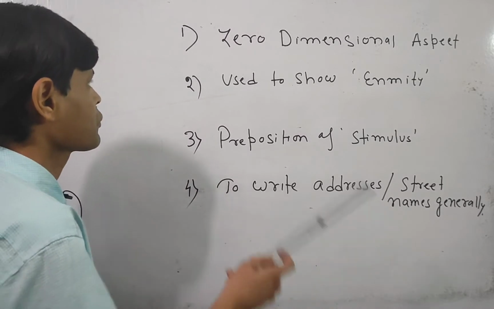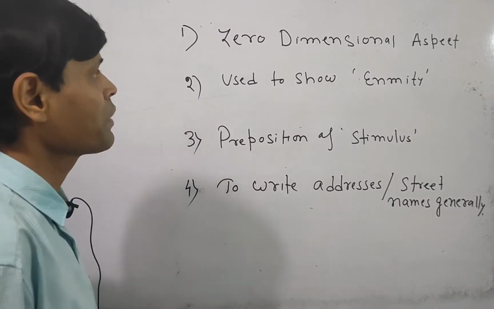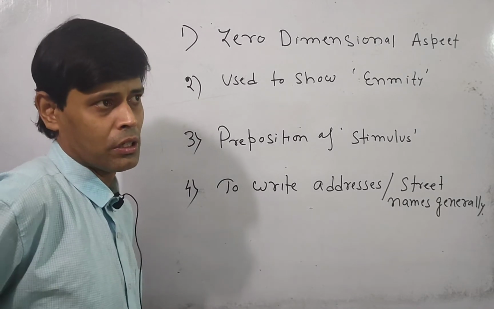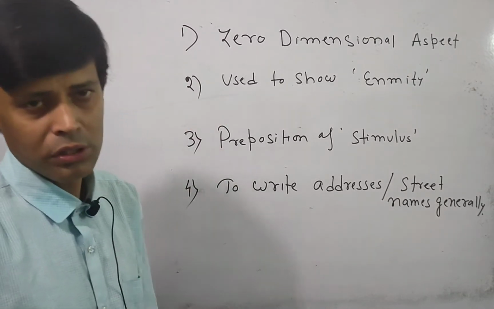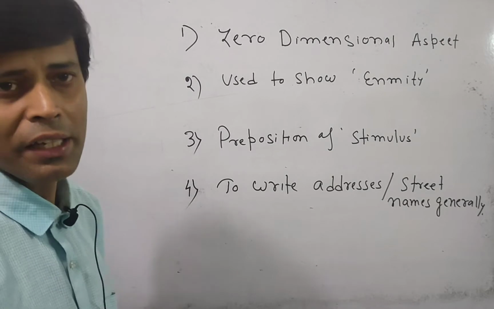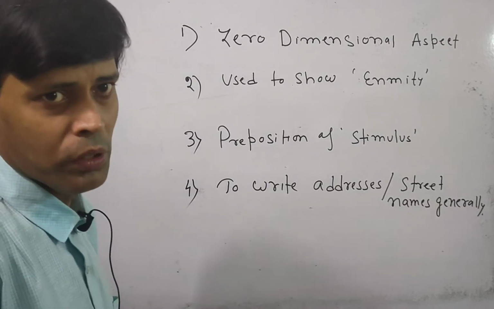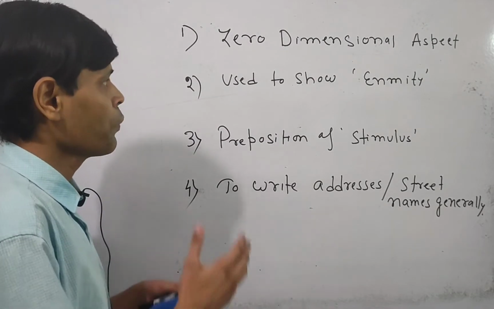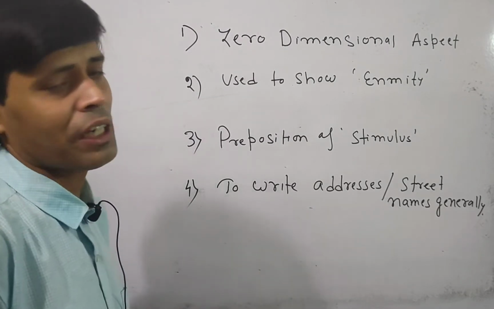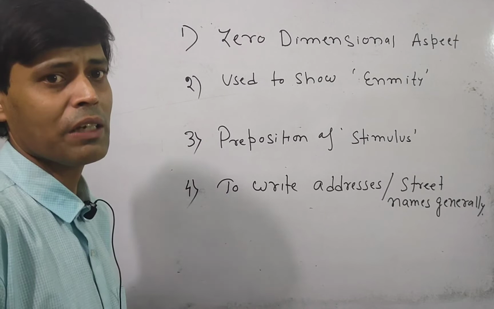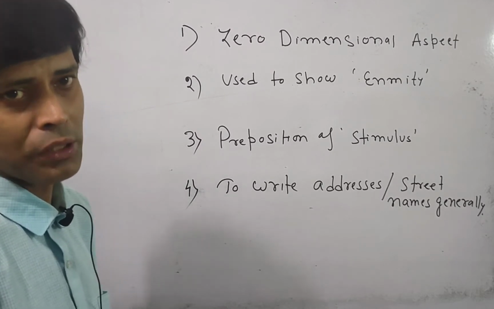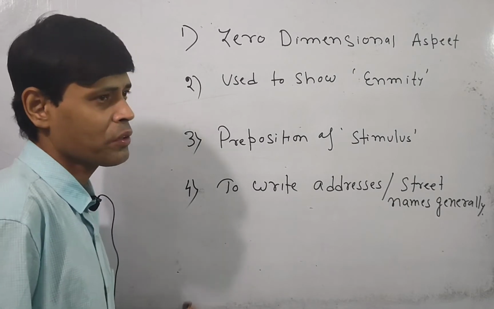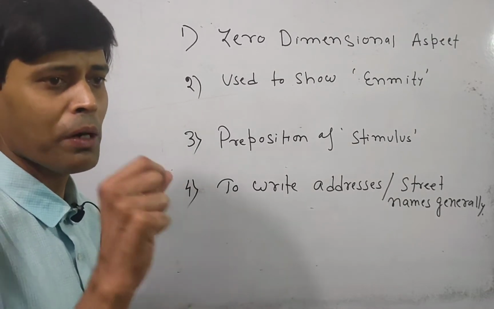Now the first one is the zero-dimensional aspect. Now what is called dimension? There are 3 dimensions: length, breadth, height or volume. Now we are talking about the zero-dimensional aspect. That means we are not giving any dimension to the object. So what is that? Whenever we think of something just as a global point,